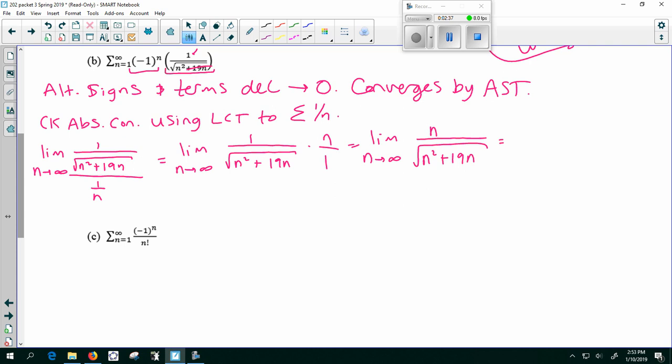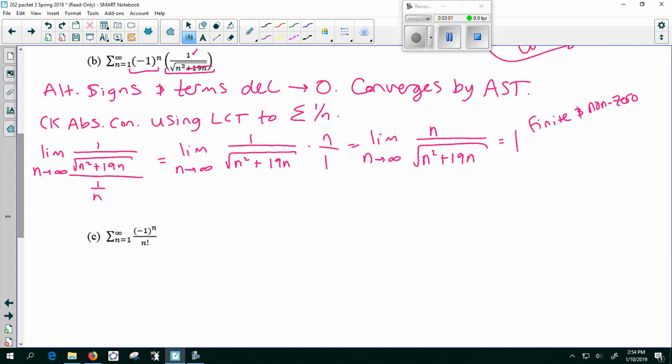Okay, so the degree in the denominator is really a 1 because the square root of n squared is n. So this is like n over n. So the limit is 1, which is finite and non-zero,